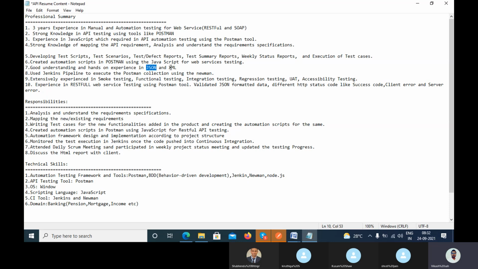In the case of SOAP API, we are using XML, the markup language. If you are using a SOAP service, then we have to use the WSDL file, which you have to import. Then you can use JSON and XML in your project.